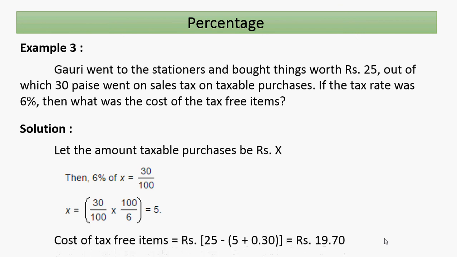So the cost of tax-free items is 25 rupees that we took, minus 5, plus the sales tax we paid, 0.30 paise. So the actual price of that is 19 rupees 0.70 paise,